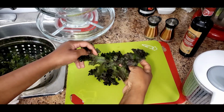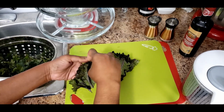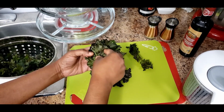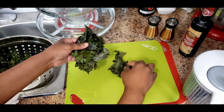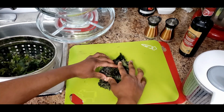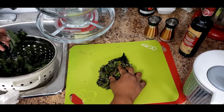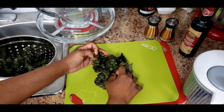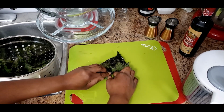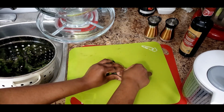And then now I'm going to try and stack the leaves on top of each other so I can cut them all at once. So just stack your leaves on top of each other. And then I'm going to kind of roll it and cut them, because the finer it is, the better for me, because kale doesn't taste good if it's not prepared properly in the form of a salad. For me, I like when it's cut, the finer the better, chopped finely. And then I'm going to roll this way. You stack them all up, roll it,